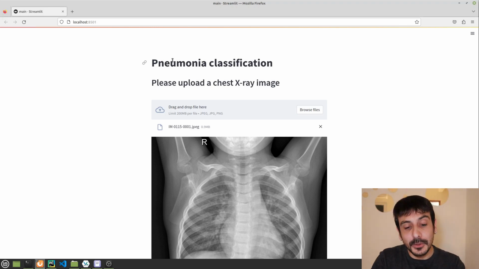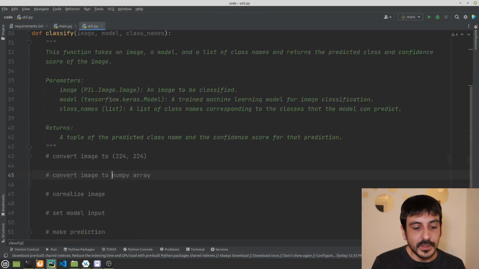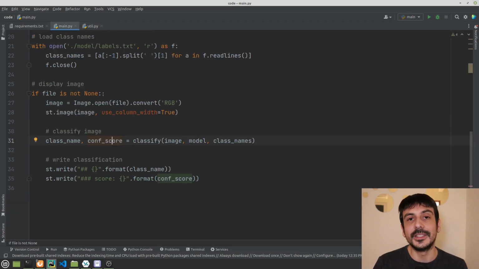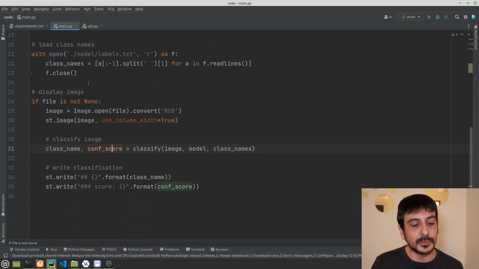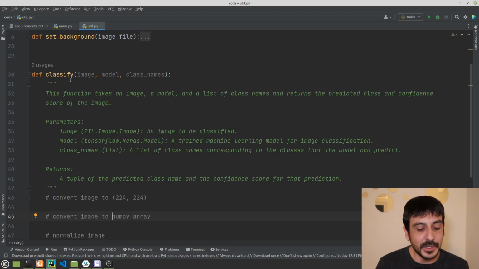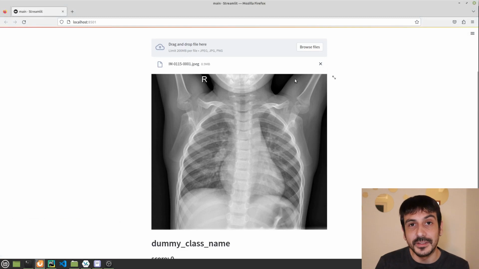I mean, the entire structure of the web application is just completed, and the only thing we need to do now is to code the classify function we have over here. But this process is done, it's completed. We have completed the web application. This is exactly why I divided the process into these two files, because this way it's going to be much simpler to just focus on everything in the main.py file and then just make the classify function, right? We are just organizing the code. This is a very, very good practice. And I don't know about you, but I'm super happy because this is done, this is completed. And you notice how simple this is, right?